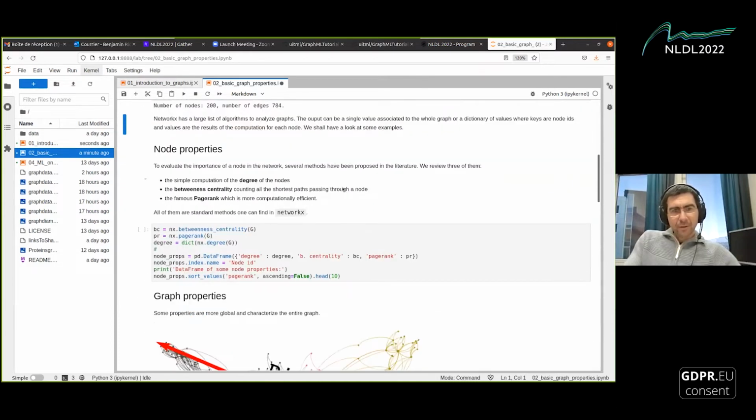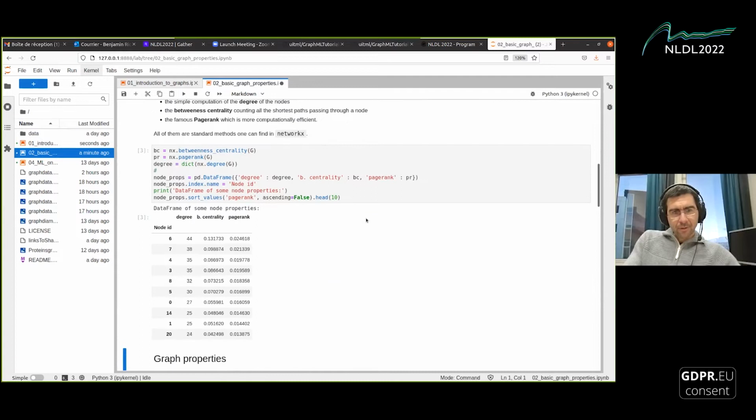And now I can get a few of the properties of the graph. Let's run it. So these are 3 examples: PageRank, betweenness centrality, and degree of the nodes. PageRank, you may be familiar with it. So here you have the node ID, the degree, so the number of connections it has. For example, node C has 44 neighbors, and it has a betweenness centrality of this value